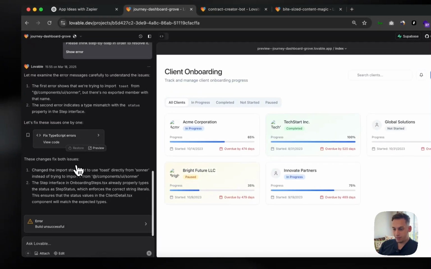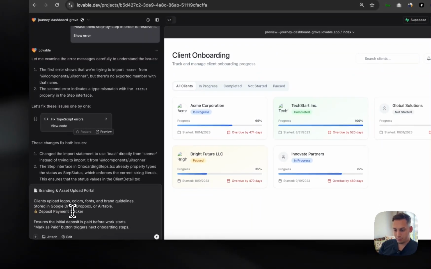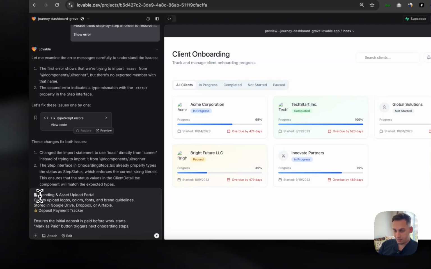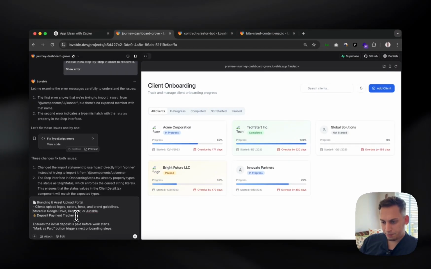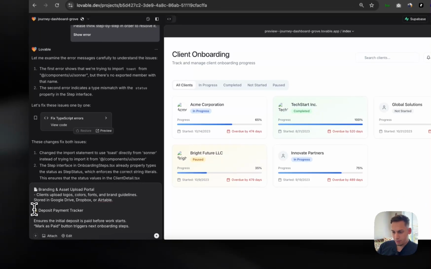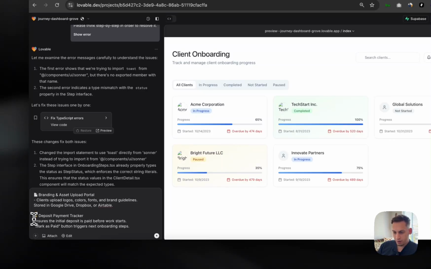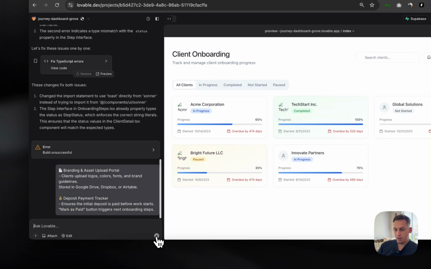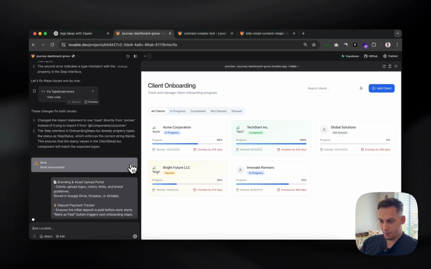We can also add different other features, like for example, a branding assets upload portal, where clients upload logos, colors and whatnot. And then we can do a deposit payment tracker that ensures the initial deposit is paid before the work starts, with a mark as paid button. So we can add different features that benefit our whole user experience with this little app that we